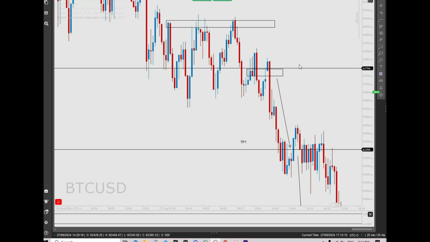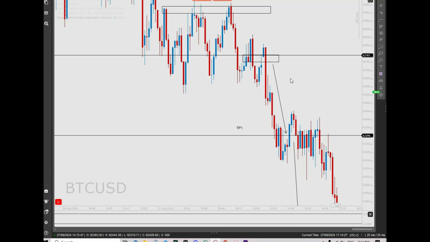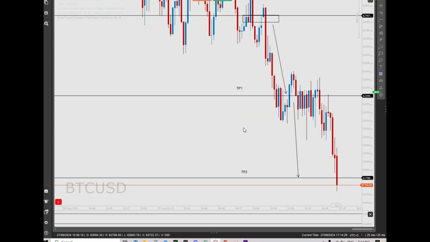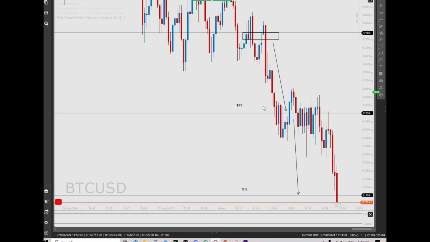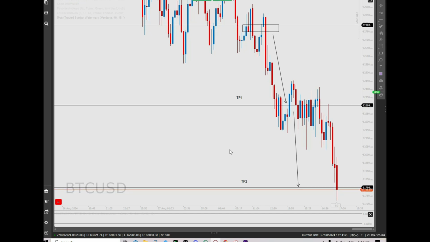But I probably could have taken this a bit up here to test this block, which is where this aligned with, but I was focused on this block here instead, which is still fine because market didn't go much past it. So this was still a good entry point for this trade. And yeah, TP1 hit, consolidation forever, and then TP2 hit, and that brings you to the end of the trade,